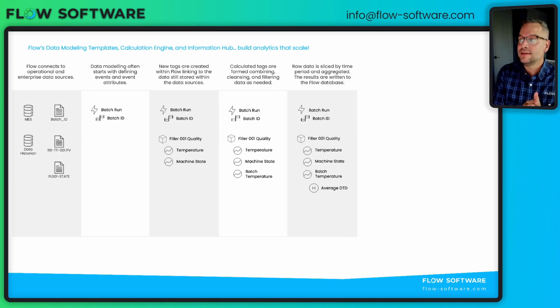Once I have that tag, then I can begin to slice it by time interval. So in this case, I'd like, every hour, to run an average of the raw data that is associated with the batch temperature tag and record that value, write it to disk inside of the Flow database. We pull the raw data at the end of each hour. We process the data, cleanse it, aggregate it, calculate it, and then export it into our own database. With this average data, I've got a running average that is totalizing throughout the day.